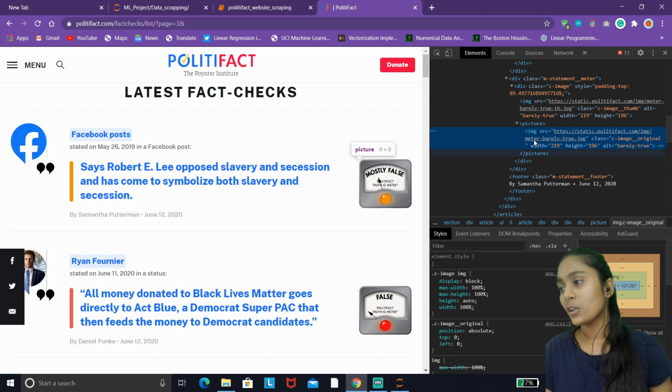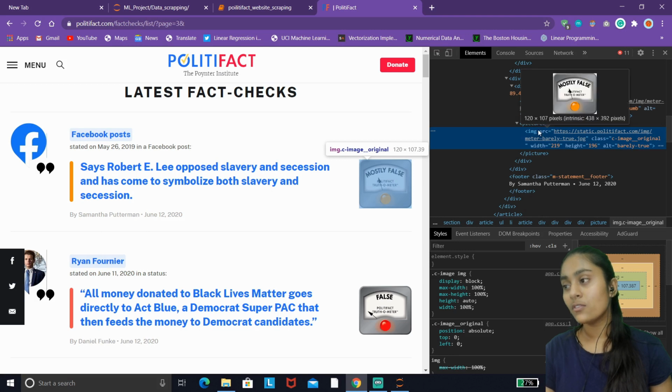What we want to extract is this value which is mentioned here. This is a barely true value. It actually lies in the alt attribute of the image tag.